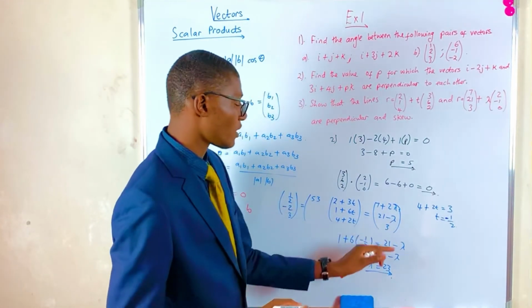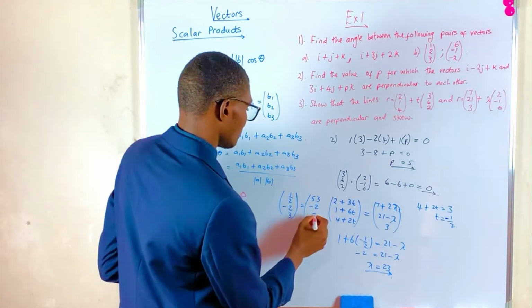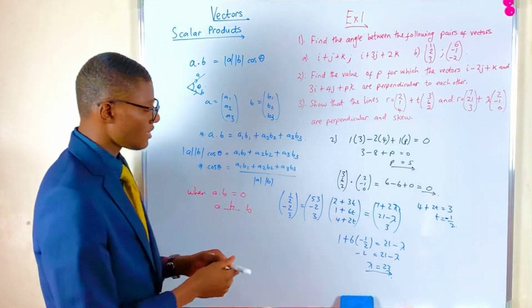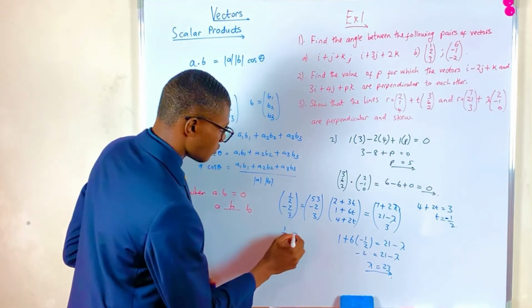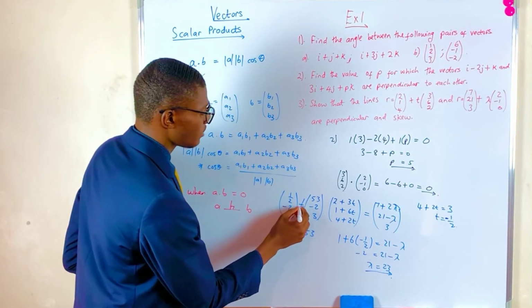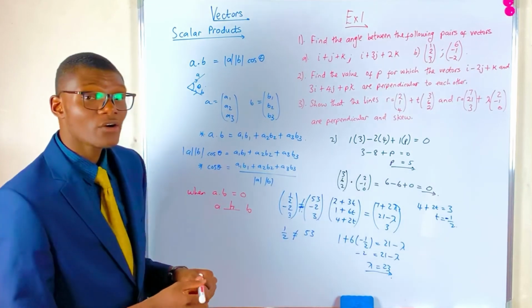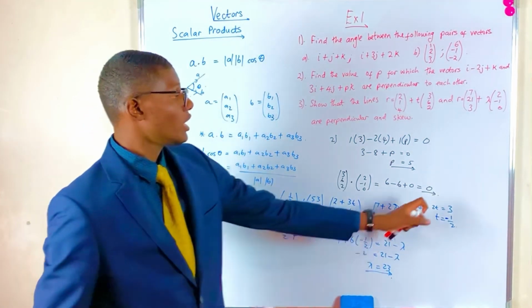And then 21 minus 23, it's minus 2, and got a 3 there. So as you can see, you've got 3 and minus 2, but half is not equal to 53. So these two lines don't intersect, they're not parallel, they don't have a common point, therefore they are skew